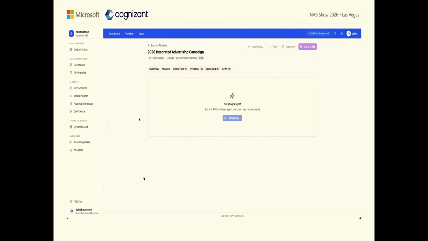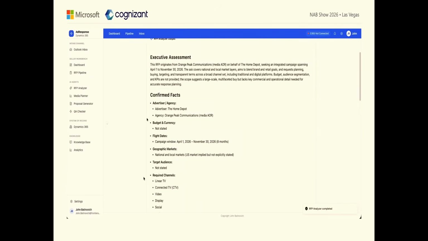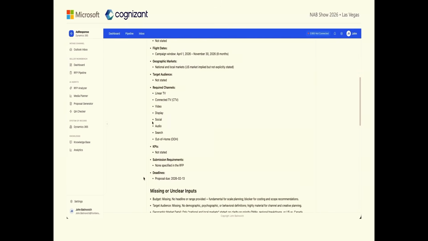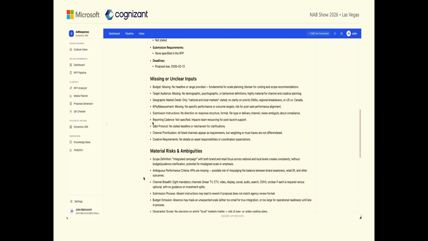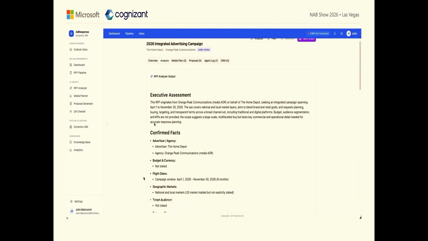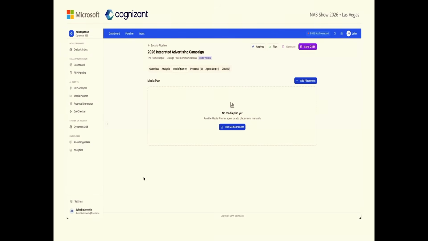So this is analyzing again, and it's going to give us a little bit more robust feedback than the initial analysis. You can see here there's a lot of text that tells you what the key formats are that they're looking for. Again, just a ton of information for the user to understand what the ask is of the customer. So the next step is going to be the media planning agent. So you run the media planning agent.